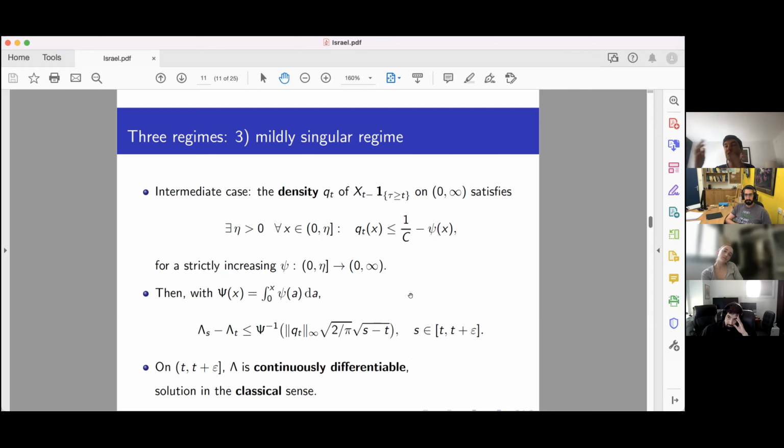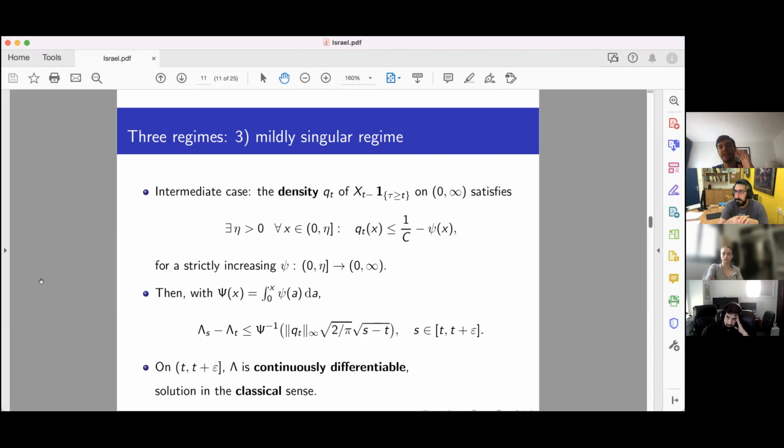But you can have all sorts of other Hölder exponents if your temperature is exactly at 1/c. In that case, the capital Psi that you see in the second display is the integrated version of this little psi. Depending on how this little psi behaves, you can get all sorts of polynomial or even subpolynomial degrees of Hölder regularity. So the Hölder exponent can be arbitrarily bad, but you are still continuous.